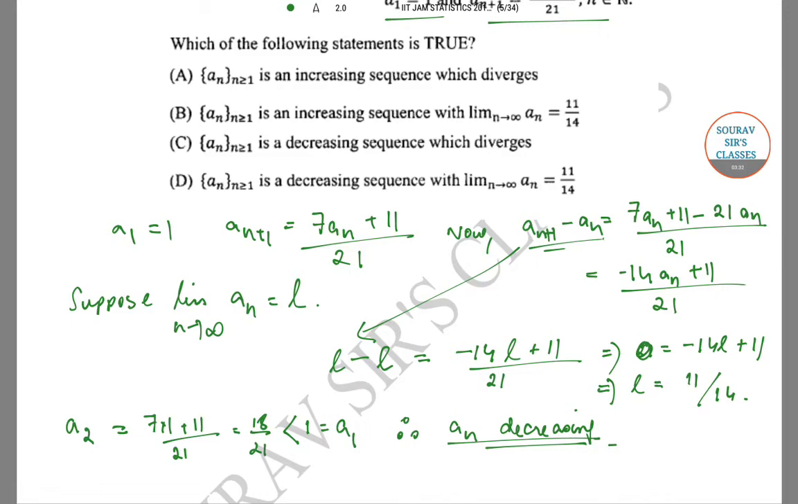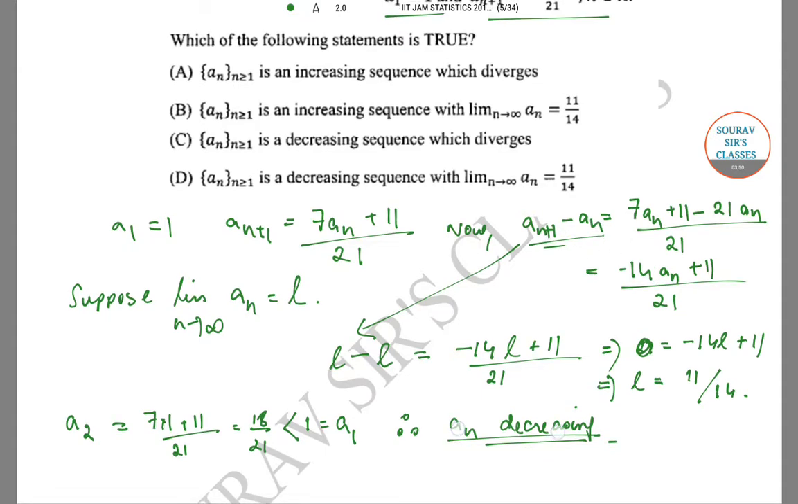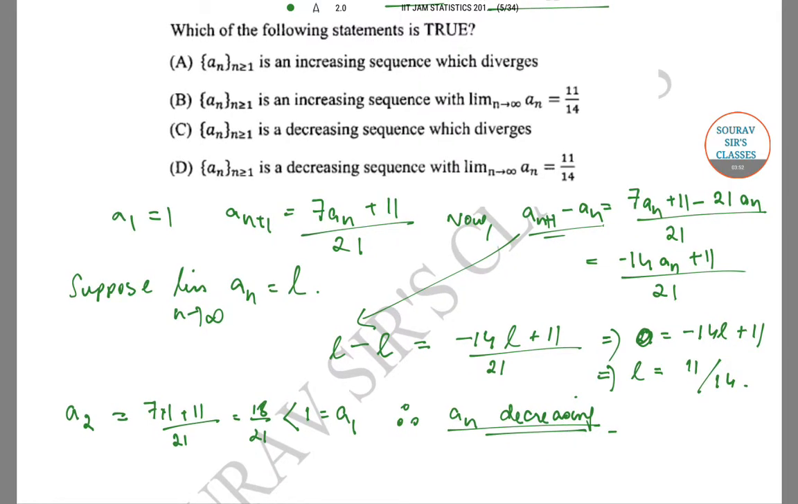It is also easy to deduce from the fact that a_{n+1} minus a_n is equal to (minus 14a_n + 11)/21. So a_{n+1} minus a_n always has to be of one sign, and we can just check a_2 minus a_1. So since it's a decreasing sequence, it is monotone, it is bounded by a_1,